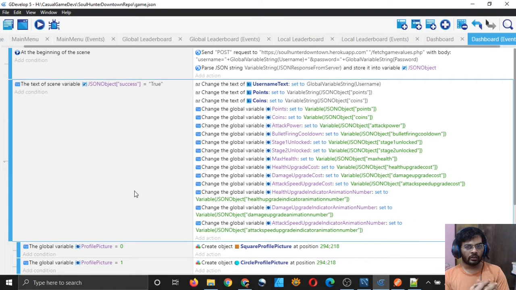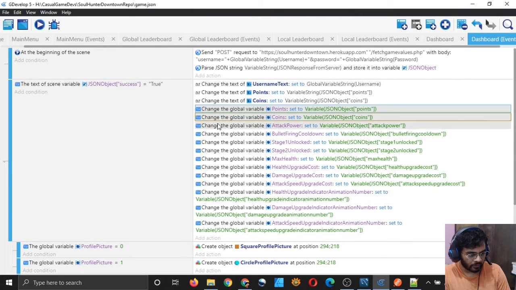Okay, so now we have taken all the values from our server and put them in our global variables. This will now effectively help us to save and load the game, right? Yeah, it will save and load the game in the server. We are saving and loading the game locally already, but now we will also be able to save the game to and load the game from the server, right? So that is good, but we needed to do it anyway. But you have to put all these statements at the beginning of the scene so that it does not happen every frame.